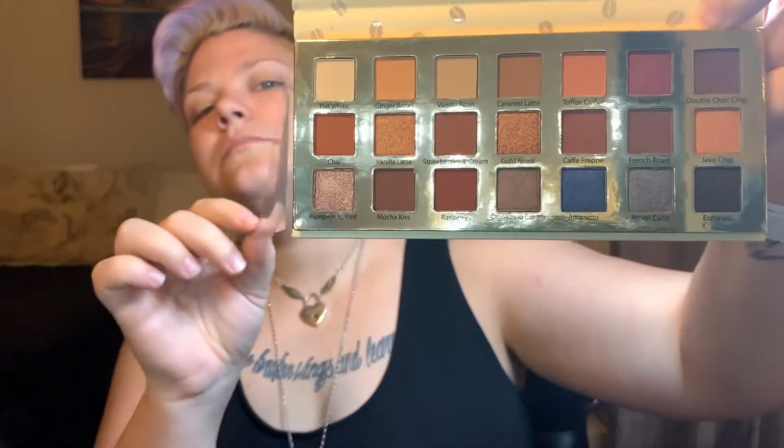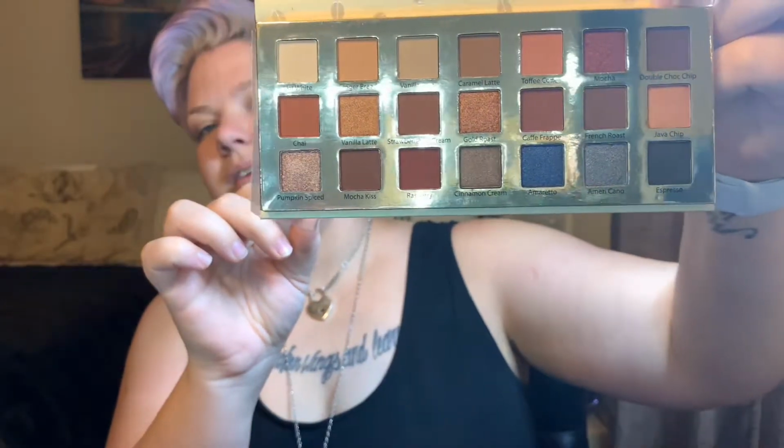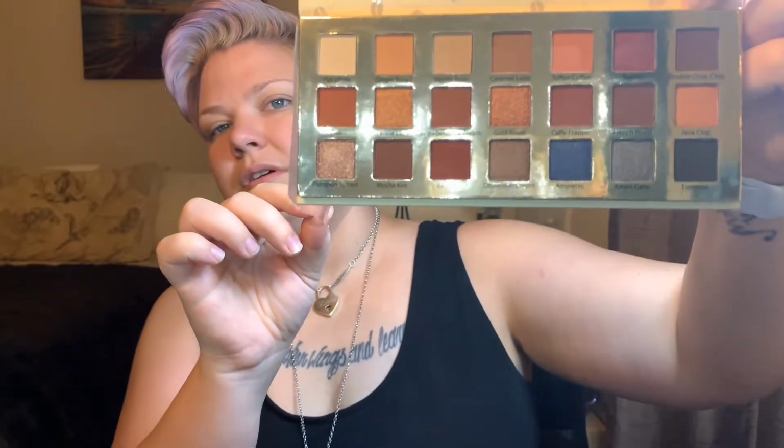So here's the colors. Hopefully you can see that well enough. There you go. And now I'm going to swatch them. I'm going to read through what they're called, starting from left to right, and we'll read it like a book. We have flat white, gingerbread, vanilla bean, caramel latte, toffee, coffee, mocha, double chocolate chip, chai, vanilla latte, strawberries and